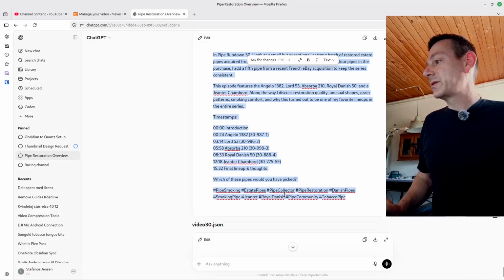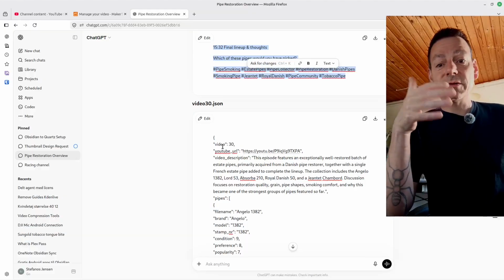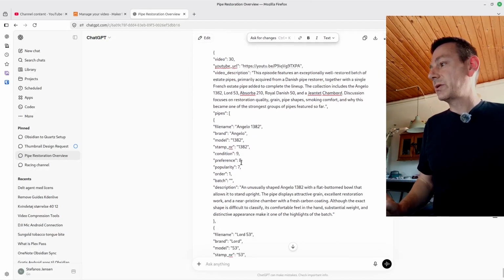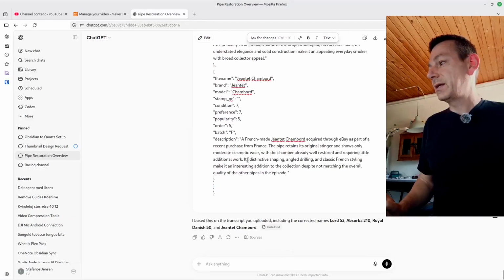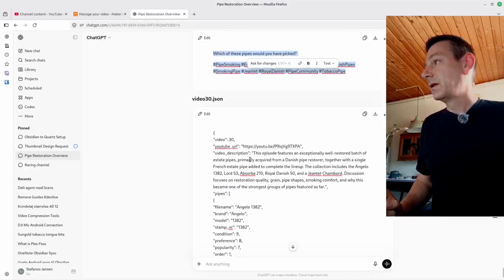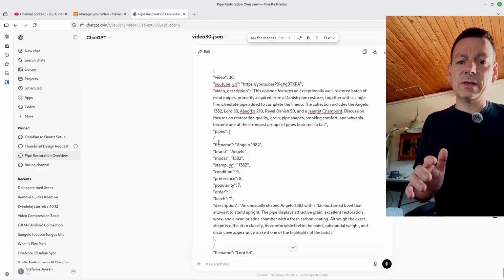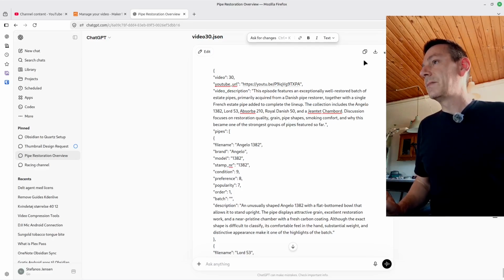We go back to the ChatGPT. This is the file that it will read with the content of the notes. So this is coded with all the information that I need in the notes for the pipes and for the video. So video 30, the YouTube URL and the description of the actual video, and then underneath that it's the note for the pipes. So I will copy this,